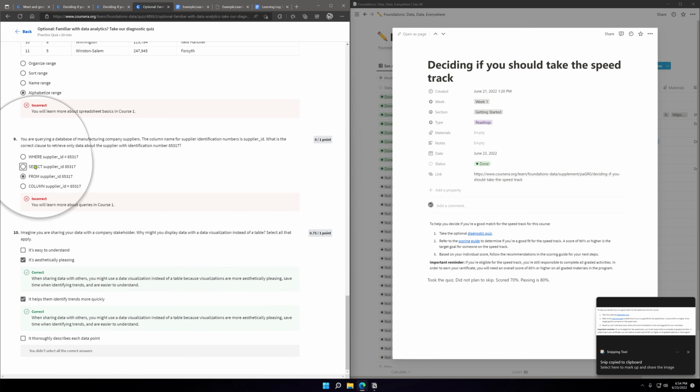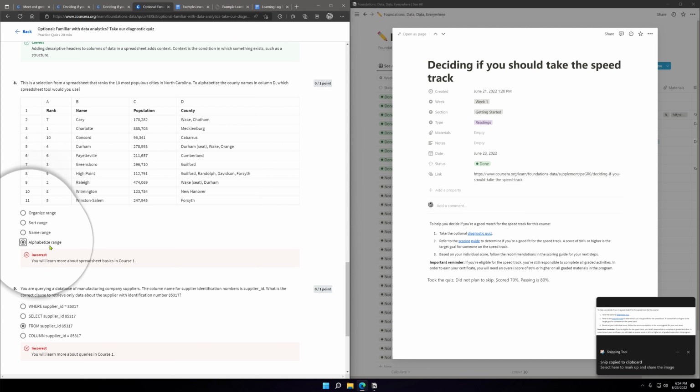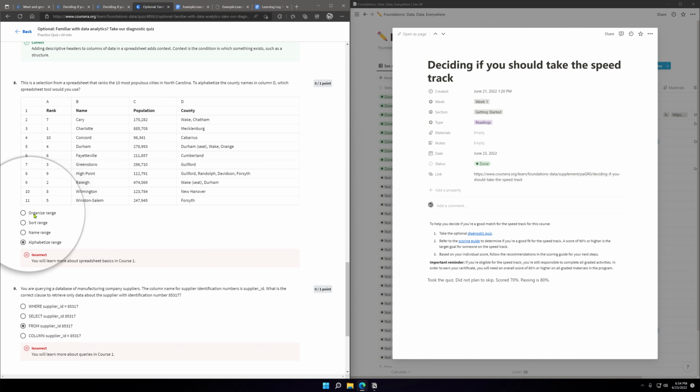Okay, so for this one, I think it's select. And this, I still have no idea. I think it's probably organize range, maybe?